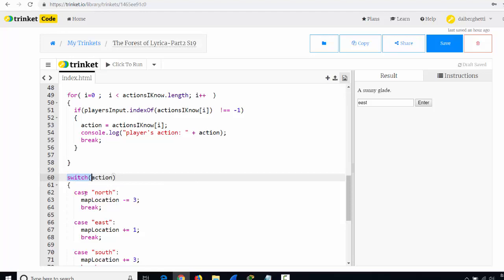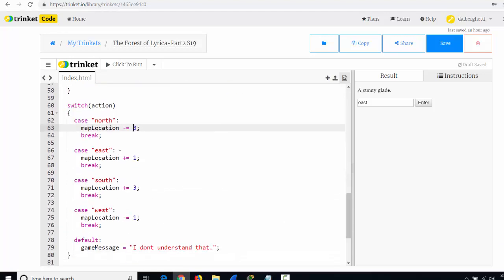If the case is north, then the map location is subtracted 3 from it. The initial map location is 4, so if I go north, then the map location minus equal 3 will change to 1. East plus equal 1, south plus equal 3. So there's our switch